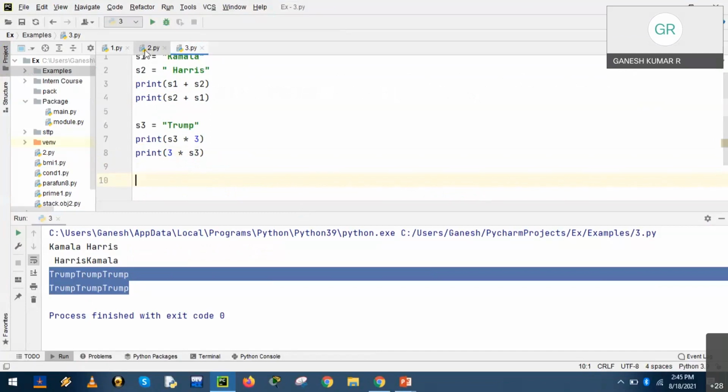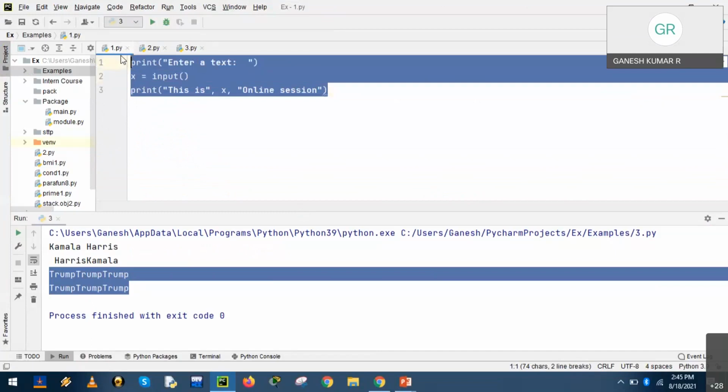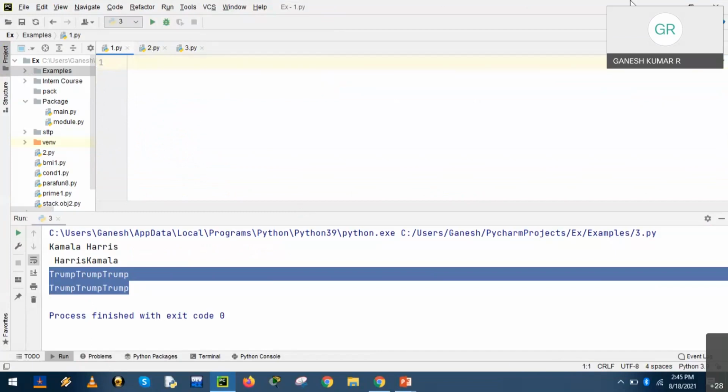Let us continue with another example. S1 is equal to "hello world", S2 is equal to "of Python". Apply the slice operator.